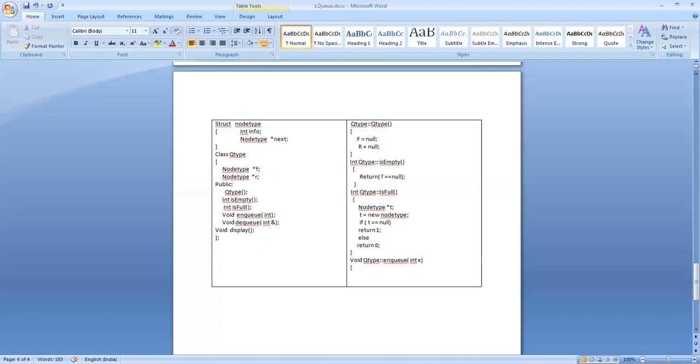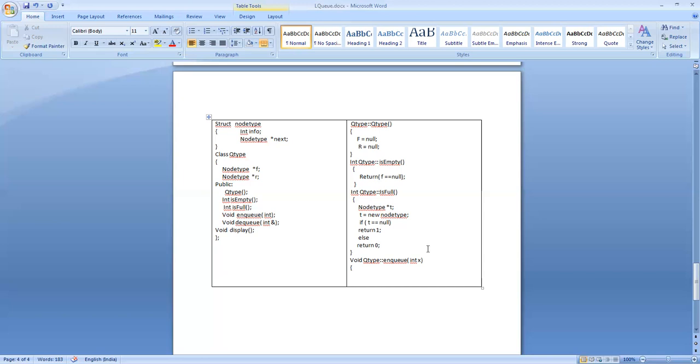So before inserting a value, you check whether the queue is empty or not. If the queue is not empty and it is already existing, then the new value can be inserted as the last value. The last node is already pointed to by rear.